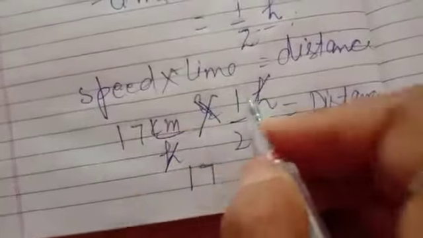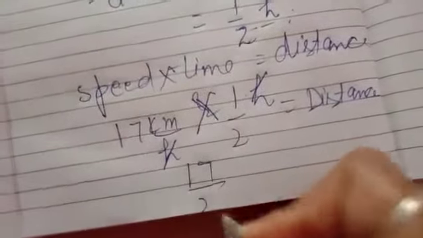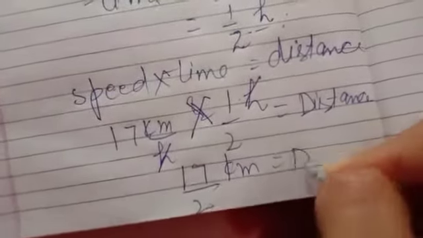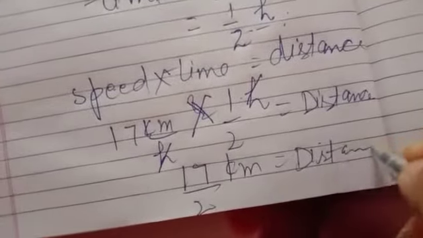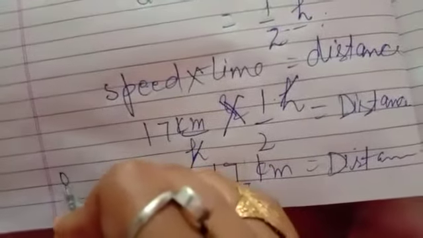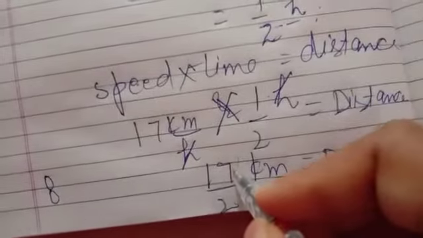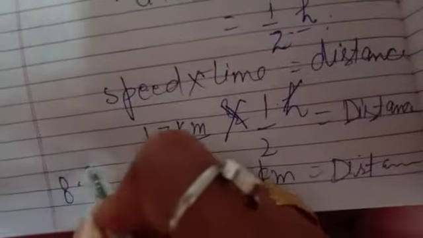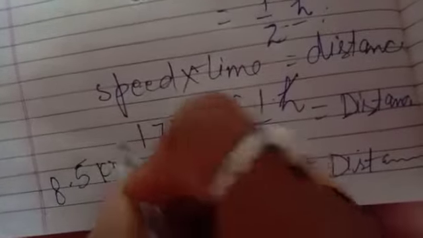And here 17 ones are 17 over 2 kilometer. You can divide it now. It becomes 8 twos are 16. 1 will be left. We will take 0, 10.5. After division you will get the answer 8.5 kilometer. Right? Okay.